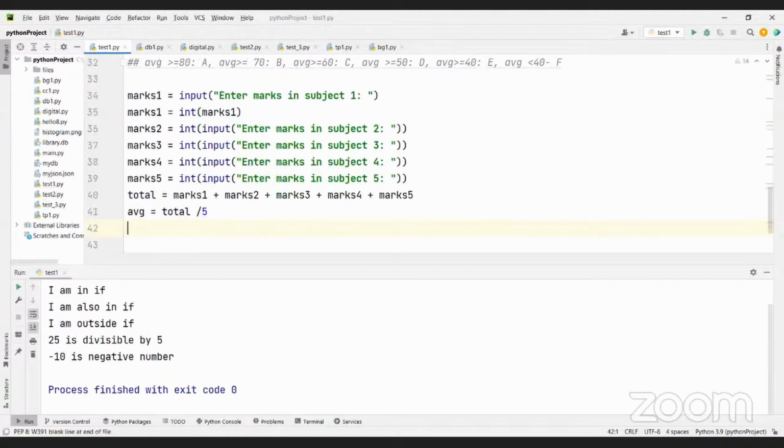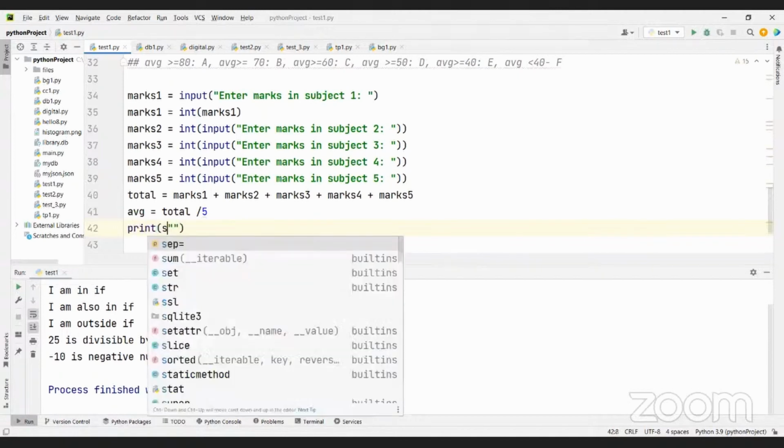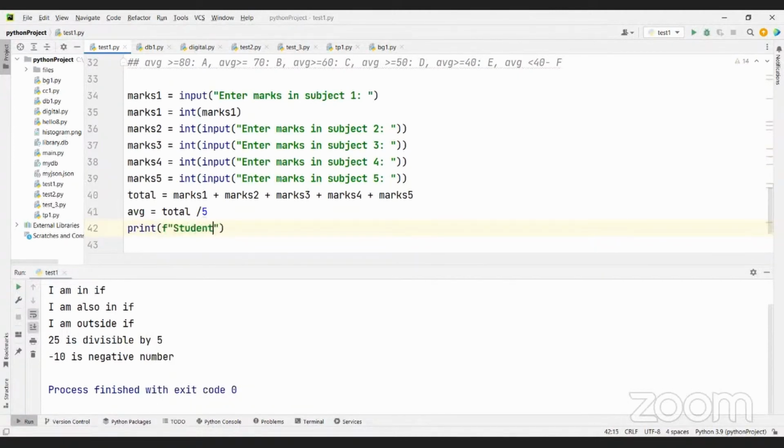So we get total by 5. You can print something like this: student has scored a total of marks and average of